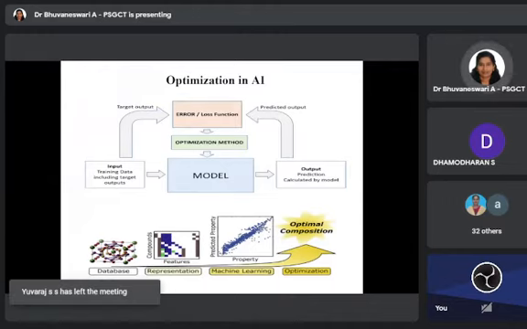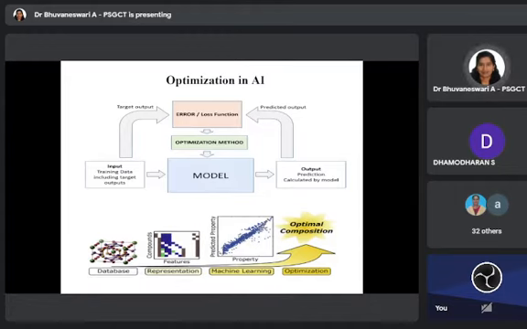Now, after getting the output, you have to analyze the information that is generated as output. If there is any error, a loss function is used to evaluate the error, and this function optimizes the data. So there are optimization algorithms. One of the commonly used optimization algorithms is the gradient descent algorithm. Okay, so this optimization algorithm is applied to get the refined model.